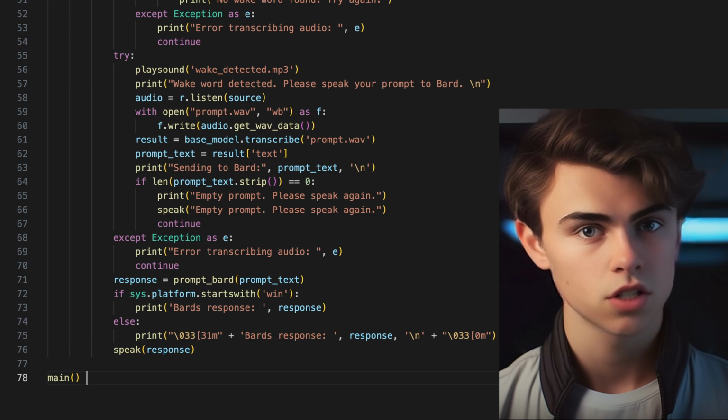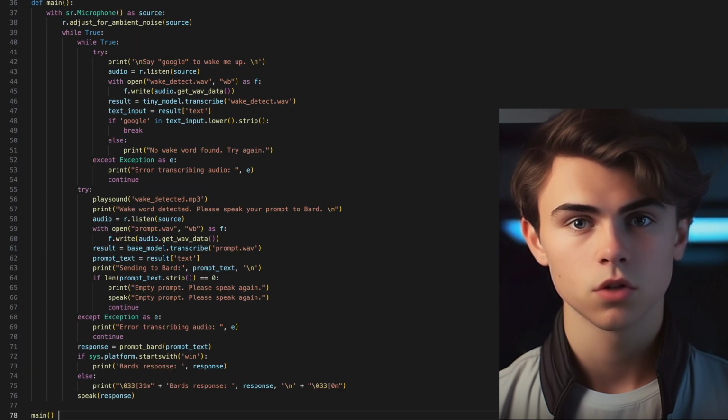That is all there is to it, 78 lines of code, and you now have your own fully functioning